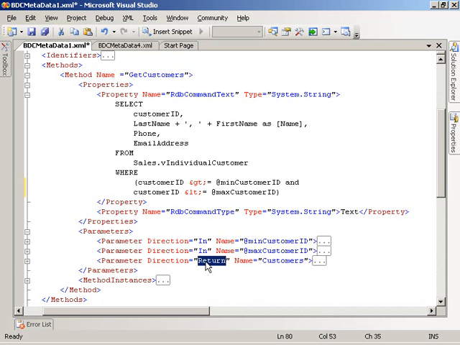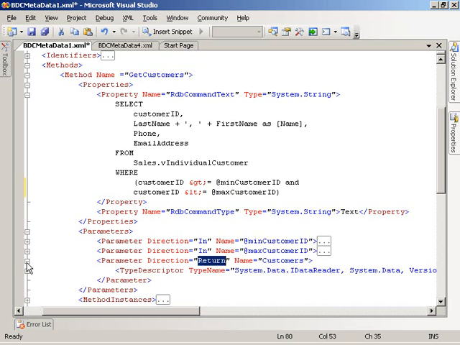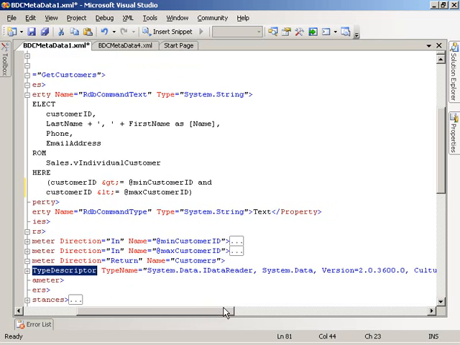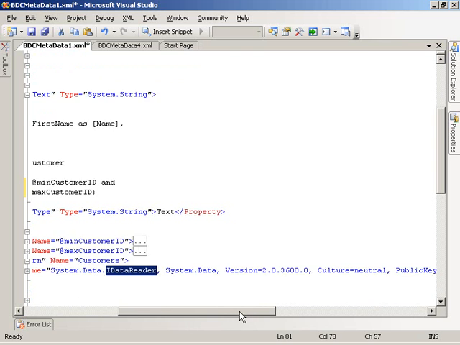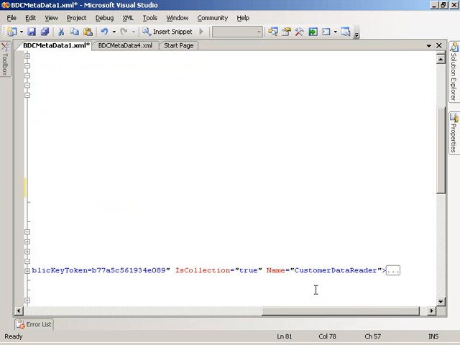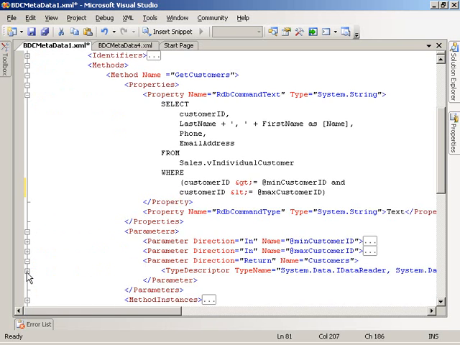So now let's go down to our return parameter. We're giving it a name, customers. We're giving it a type descriptor just like we gave our input type descriptors. This one's a little more complicated. Our type name is more complicated. Basically, it's a data reader. If I scroll over some more, we have 2 more attributes. This is a collection. What I'm telling the business data catalog here is that what this type descriptor has inside of it is a collection of entities, a collection of fields. And then I'm giving it a name, customer data reader. So if I go back and expand this type descriptor,